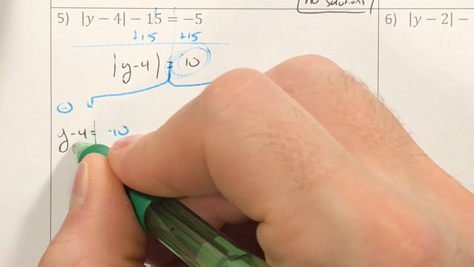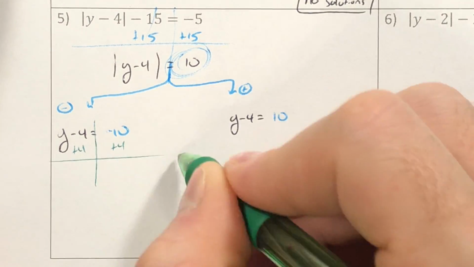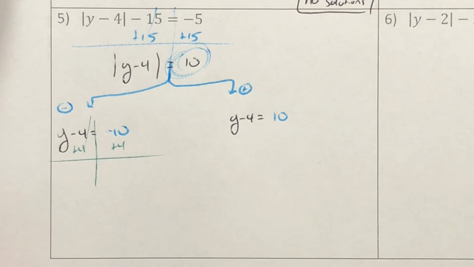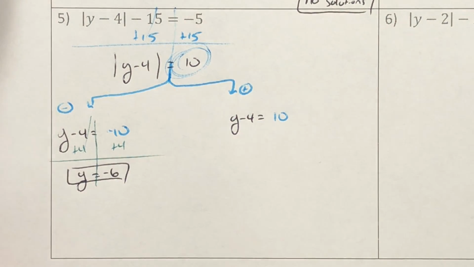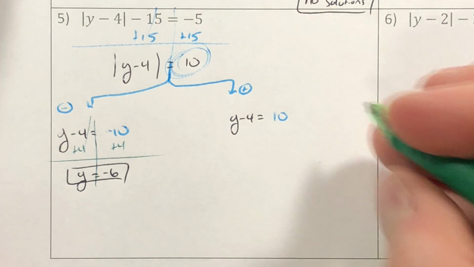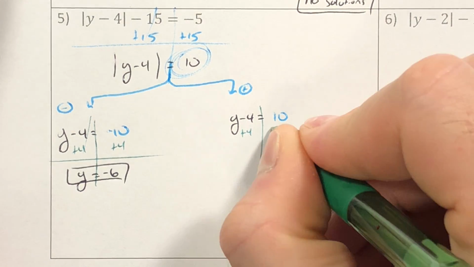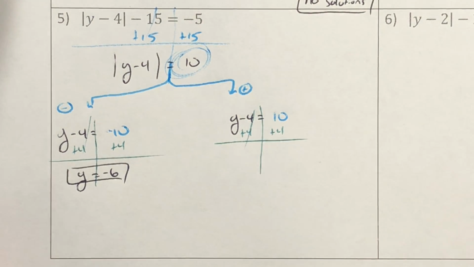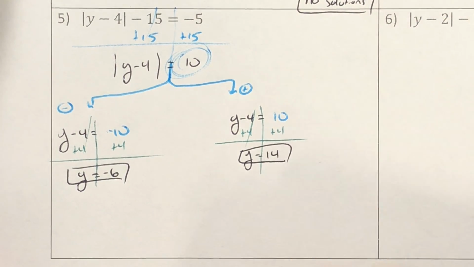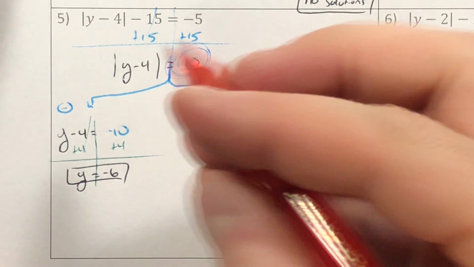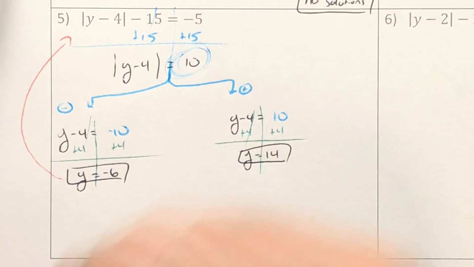Perfect. Over here, I'll add 4. In effect, that cancels that out over there. And I'll get my first possible answer of negative 6. If I work this answer over here and I add my 4, that in effect cancels that out. I'll get my second possible answer of y equals 14. Perfect. Now comes the last step, where I take my possible solutions and plug them back into the original